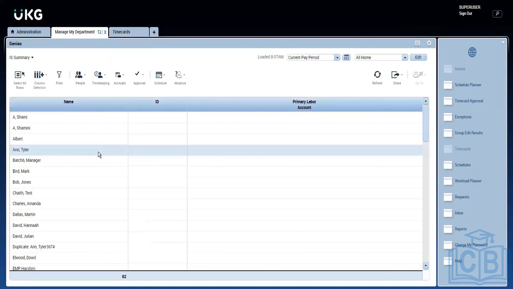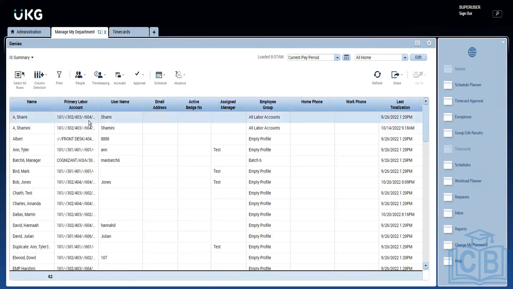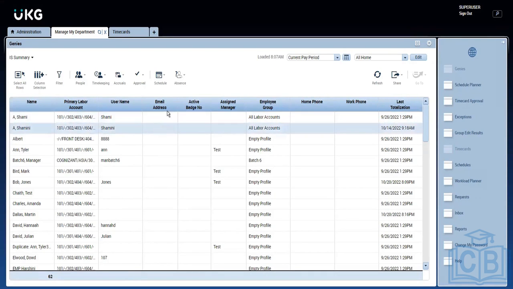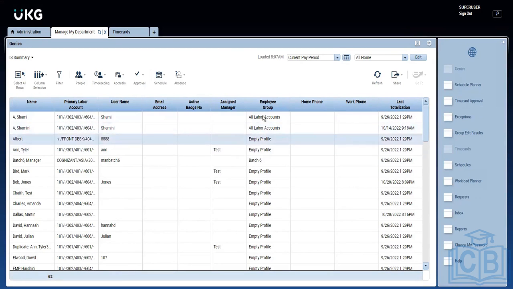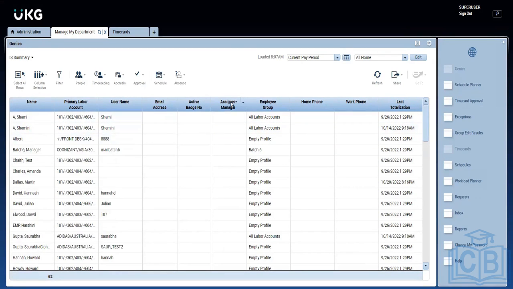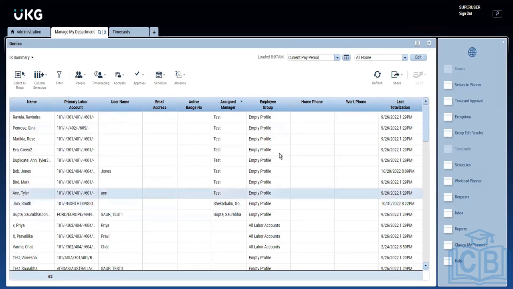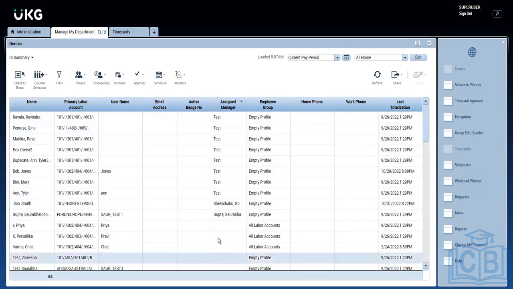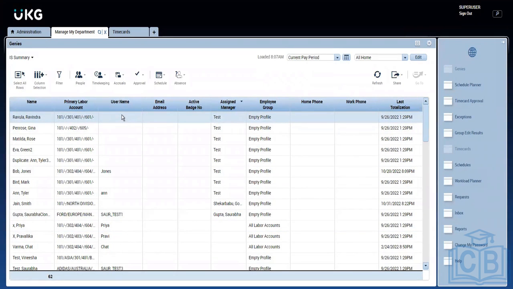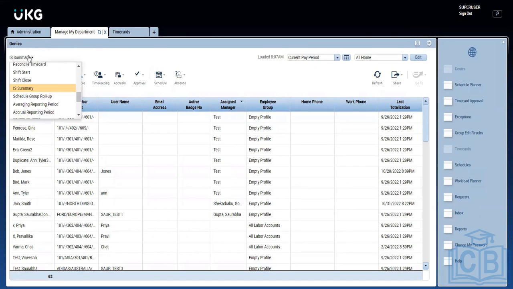If it is a summary, it will give you more of the personal data for all the employees, like labor account. What is his username? What is his email address? Who is his manager? Who is the manager assigned to him? What is his home page? It's more of a personal kind of details, like where he is working, who is his manager, and so on. So each genie has a different approach. If it is a summary, it will give you the personal data. And then there is